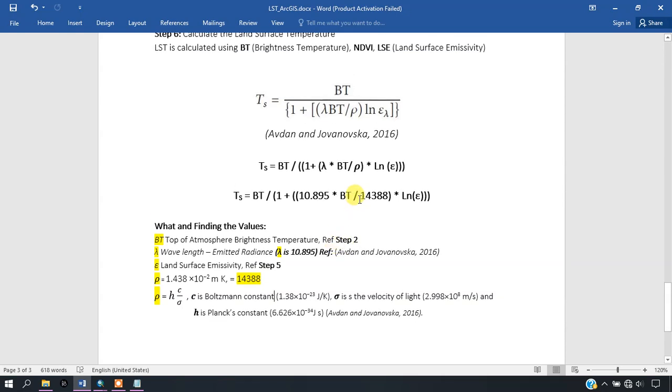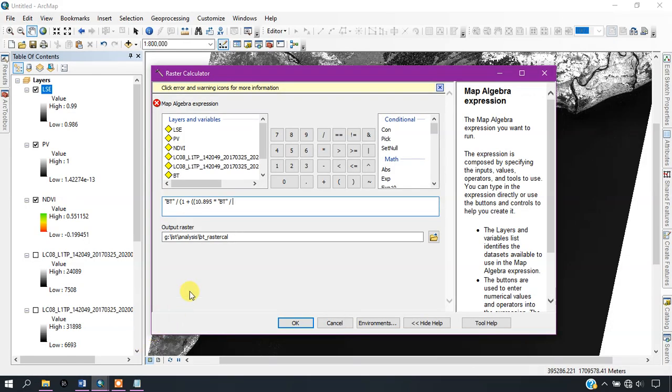So now just copy the value and paste it here and close the bracket, and we have to multiply it using the log function of emissivity.